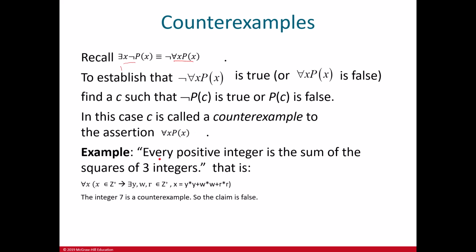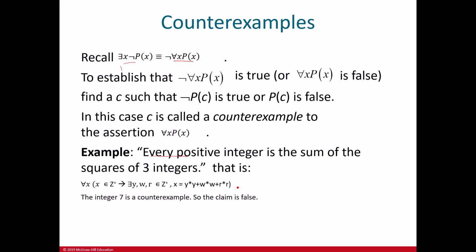So look at an example. Every positive integer is the sum of the squares of 3 integers. All right, so if we're going to put it in our beautiful predicate logic, we're going to write it in this format. For any x, if x is a positive integer, then there exist x and y and z and r in Z plus, what does that mean